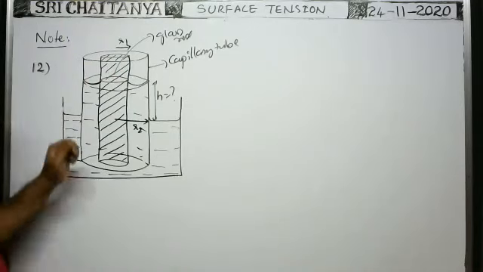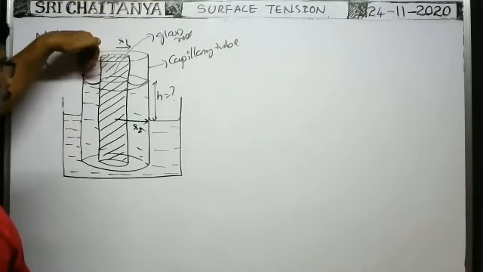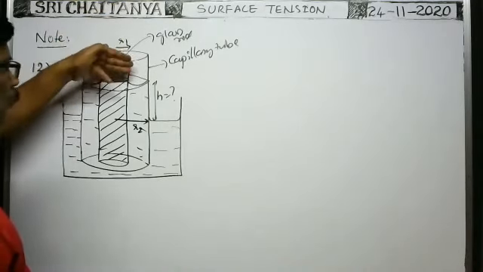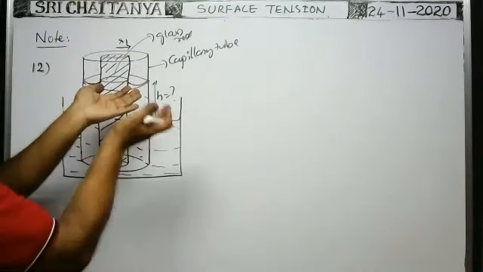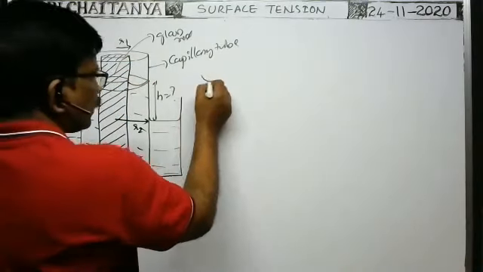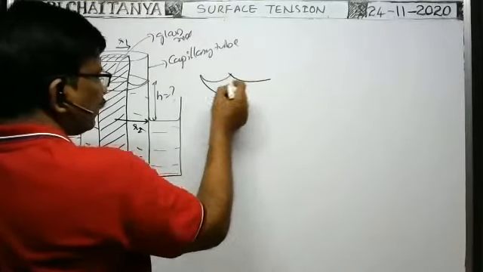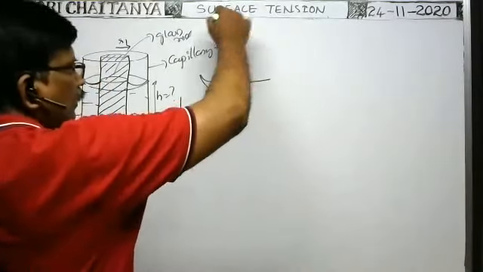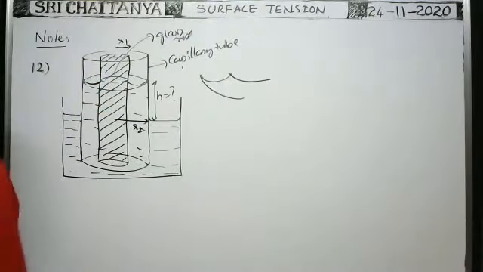Now, from the top, when you see the surface of the liquid, it appears like an annular ring which is depressed at the middle. You see, the shape of the meniscus is like this around the rod. In such a way, the shape of the liquid is there.